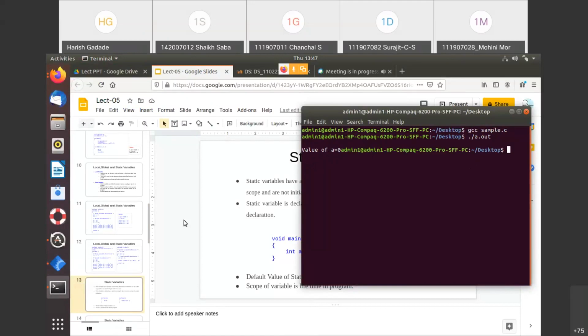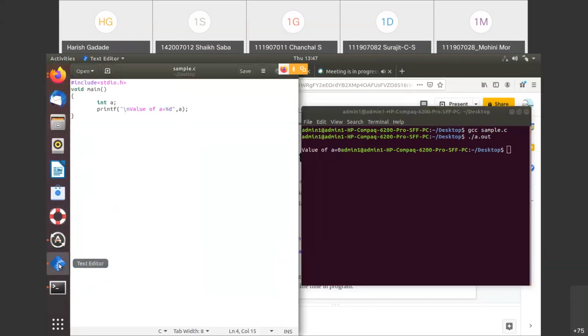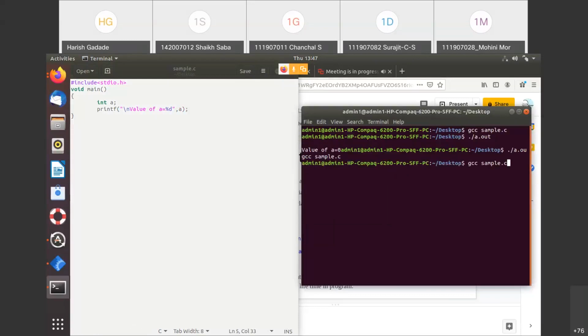Again, it is taken as 0. I think it is because of this compiler, the result varies. But you just understand here, it should not be zero. The output should be some garbage value, right?